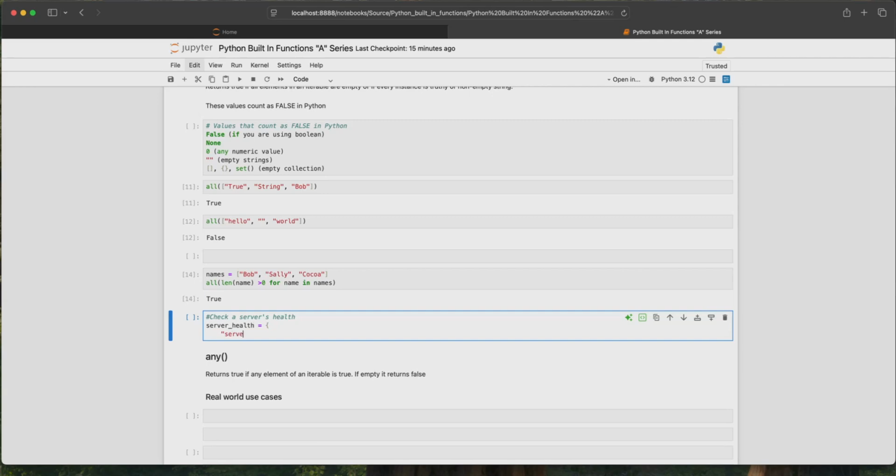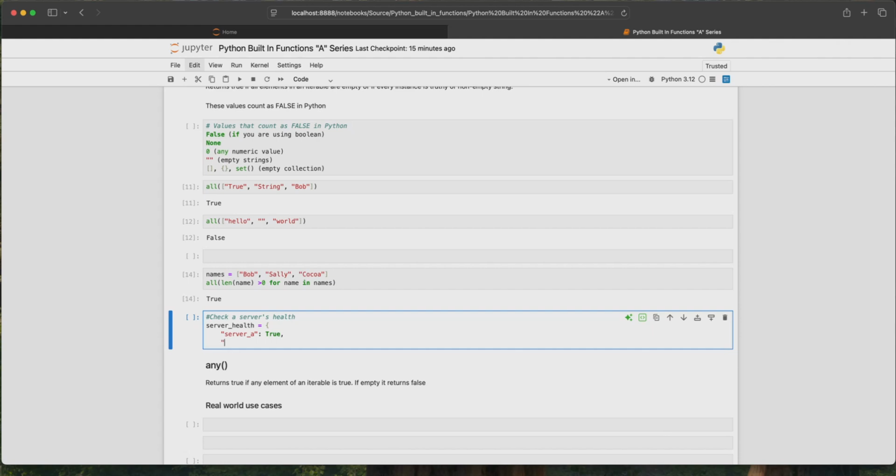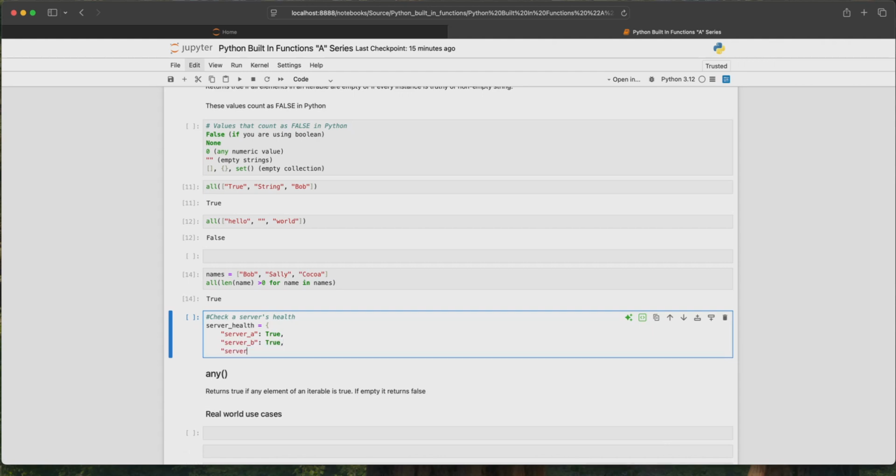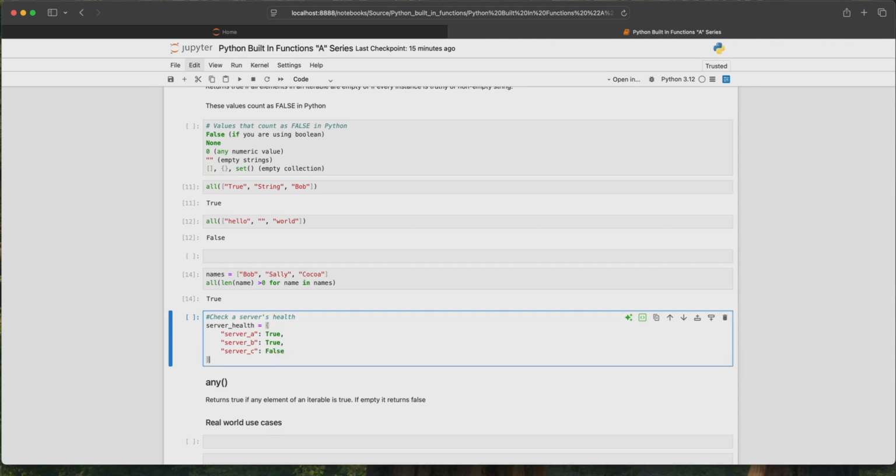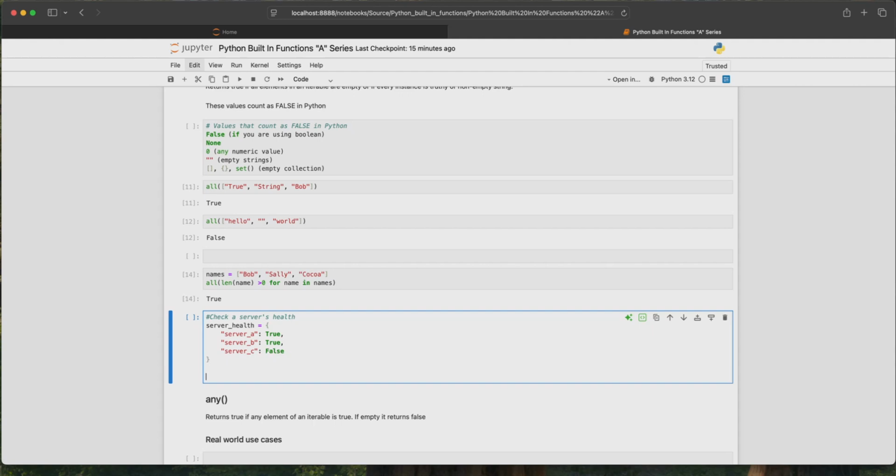And we'll say server A is true. Server B is true. And then server C is false. So one of these is false, so it should return false, because remember, not every single element in the iterable is true. So we're going to say if all server health values